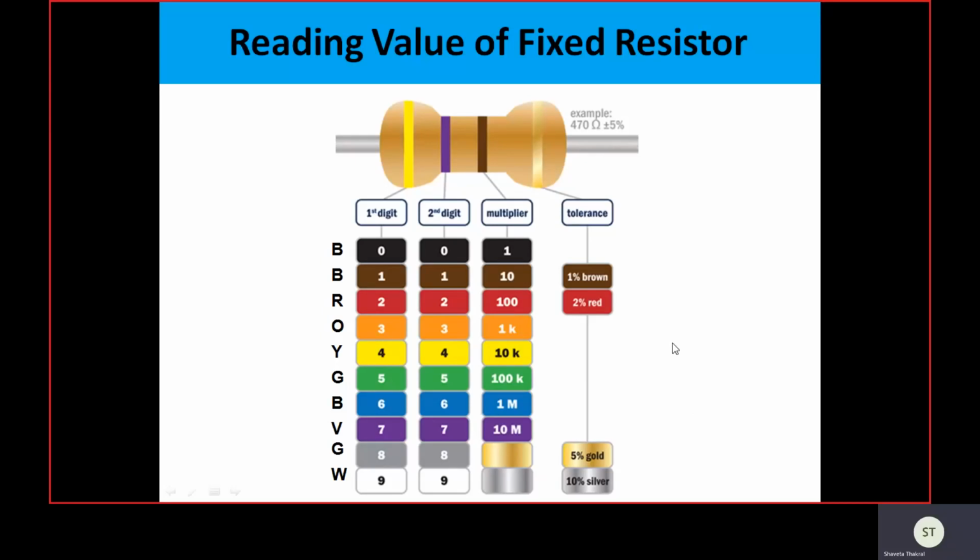So how do we define tolerance? Tolerance means this much percentage. If it is plus minus 5%, then in the original value we calculate the 5% of the original value. That 5% value needs to be added and subtracted to get a particular range, and if the value we get is in that range, it is acceptable in the circuit.